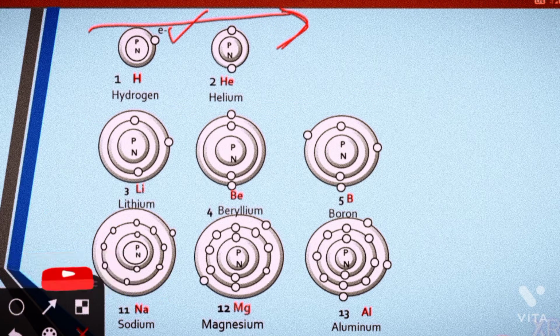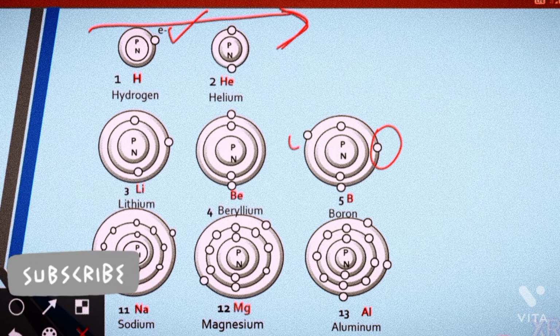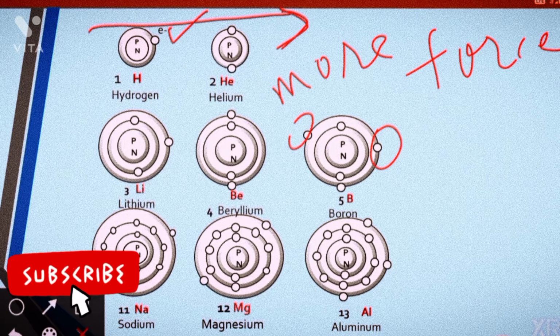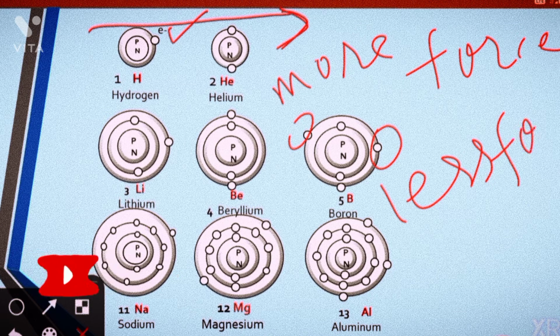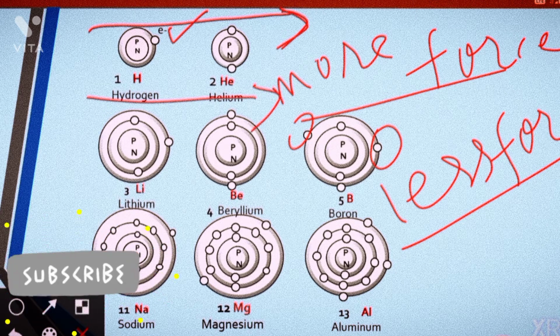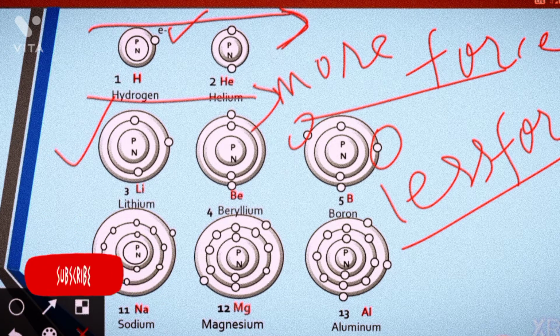That means if more electrons are there in the outermost shell, more force is required, or you can say ionization energy will be more. If fewer electrons are there, there will be less force from the nucleus, so ionization energy will be less. So when we move left to right, the ionization energy increases, and electropositivity decreases. It means if fewer electrons are there, the element will be more electropositive, it can donate electrons easily due to less nucleus force.